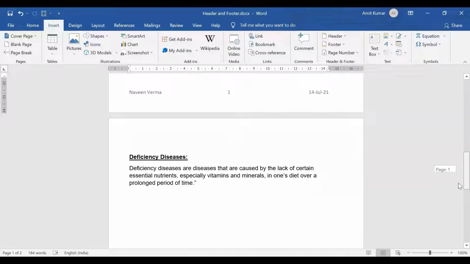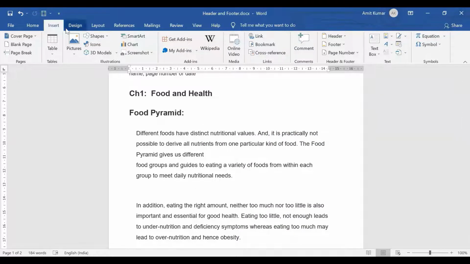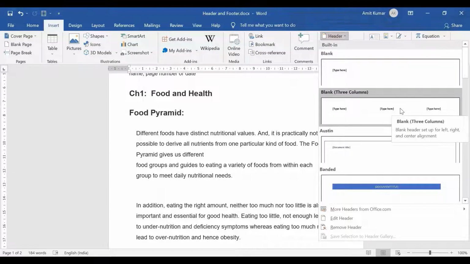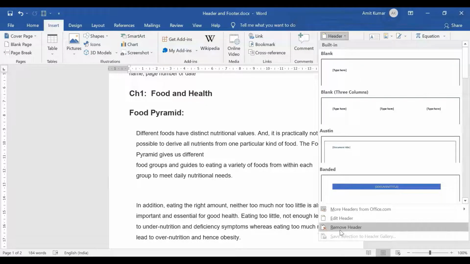So to summarize, we saw how we can insert header and footer through the Insert tab and then clicking on header and footer, choosing one of the samples and then replacing the sample text with our own meaningful text. We also saw how we can remove the header in case we do not need it.